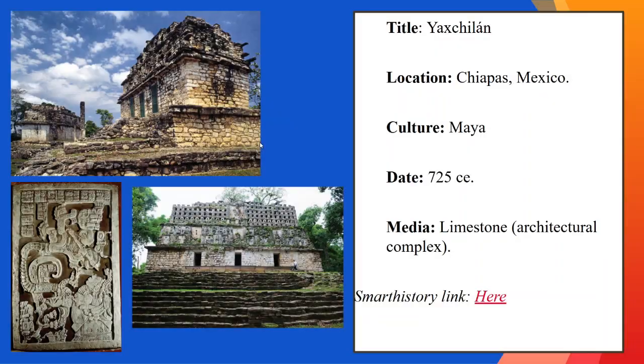Very, very cool culture we'll get into. So starting off with our first art piece here, we are looking at a piece from the Mayans. This is Yaxchitlan, and it is located in Chiapas, Mexico, date 725 CE. Media is limestone. So we are looking at an architectural complex, meaning we have tons of buildings in this whole region, as well as some steles with some beautiful relief carvings that